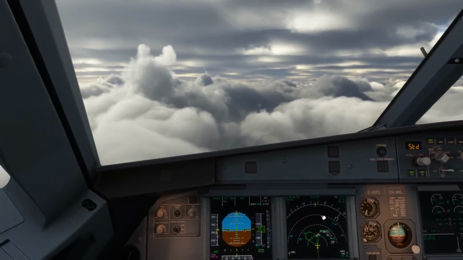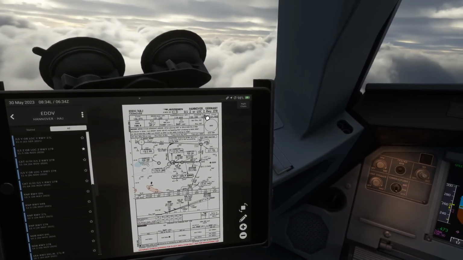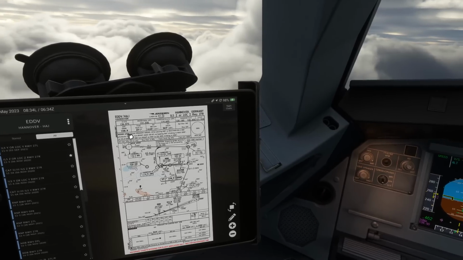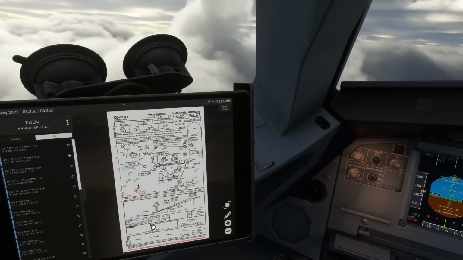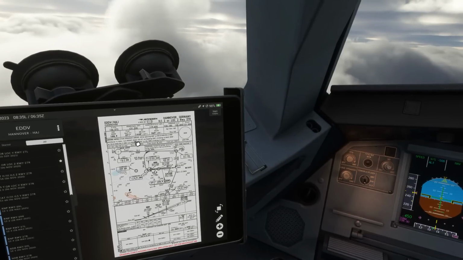So first things first, we'll brief up the approach, then we'll get the box set up. So it's the ILS Zulu, runway 27 right, plate 11-5. For the frequency it's 108.9, India Hotel November Whiskey. Final approach course is 271. Aerodrome elevation 183 feet, down to an MDA of 369 feet. For the missed approach it's climb straight ahead,